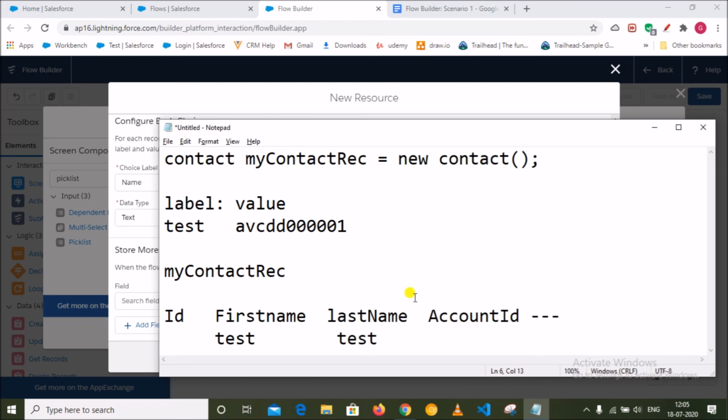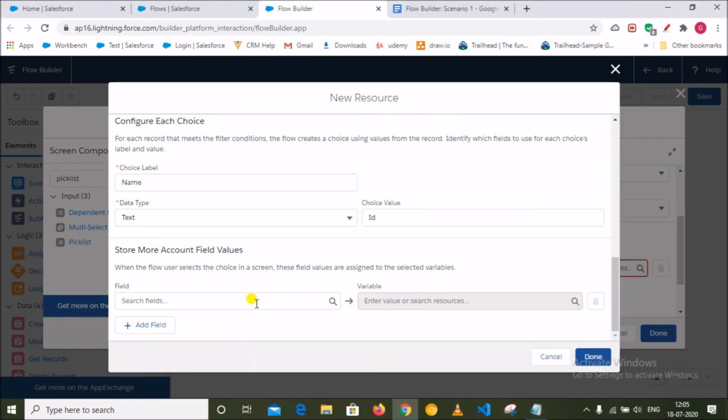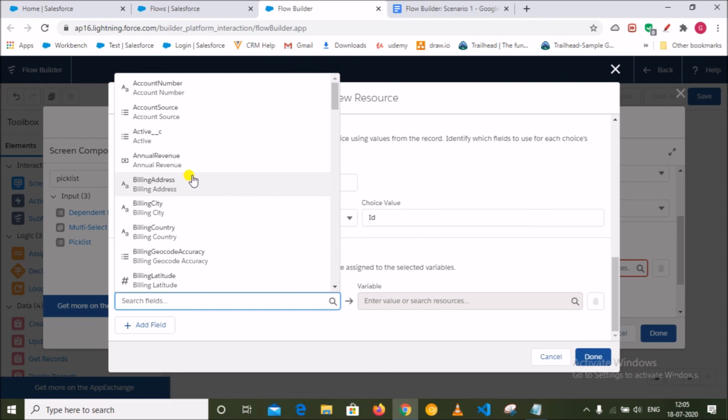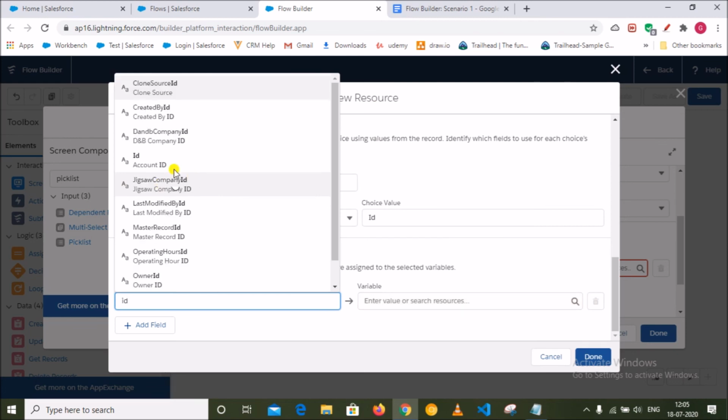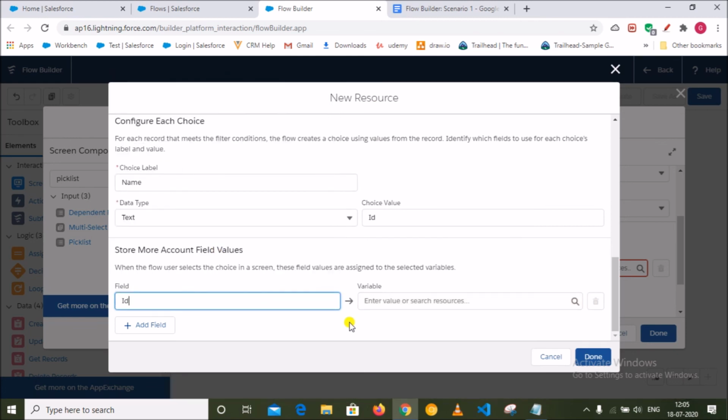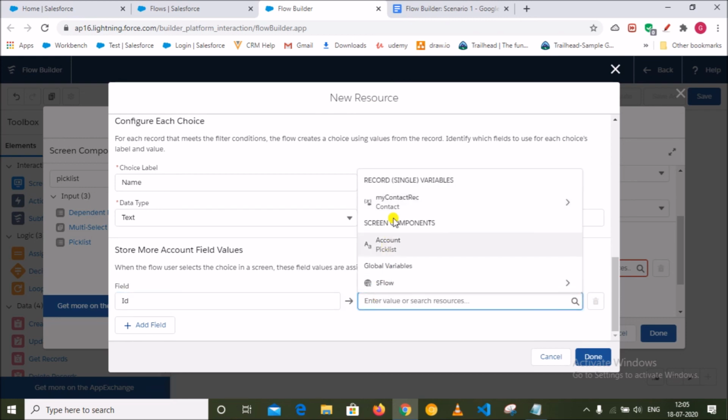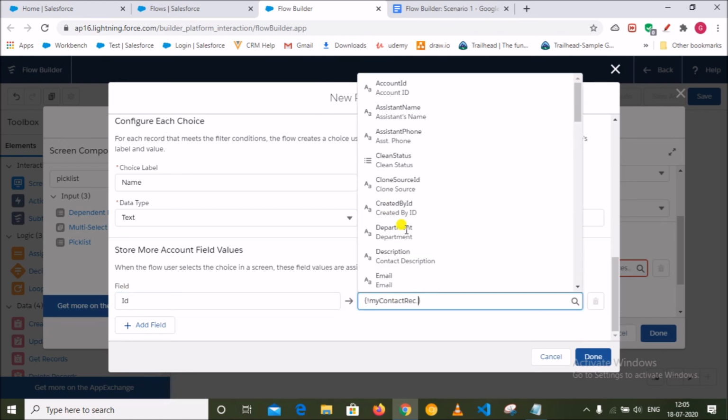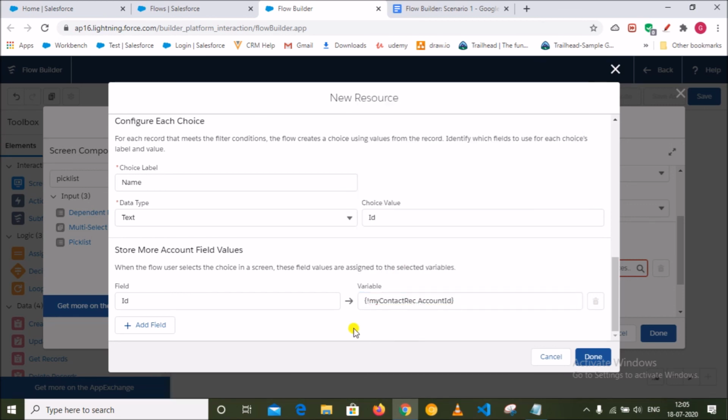So here I'll select ID, which is the account ID of the account object, and I am storing it in my contact record's account ID field.